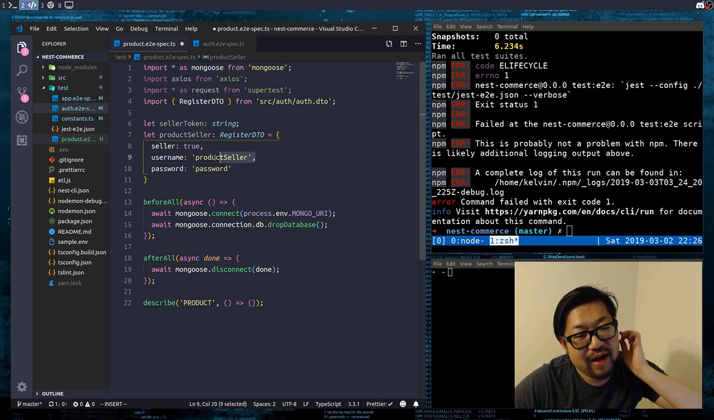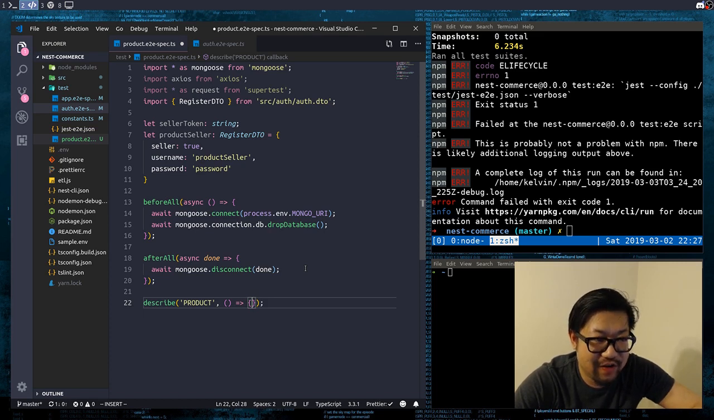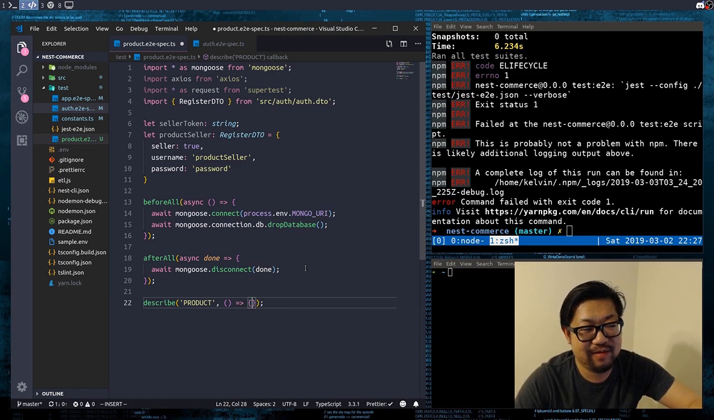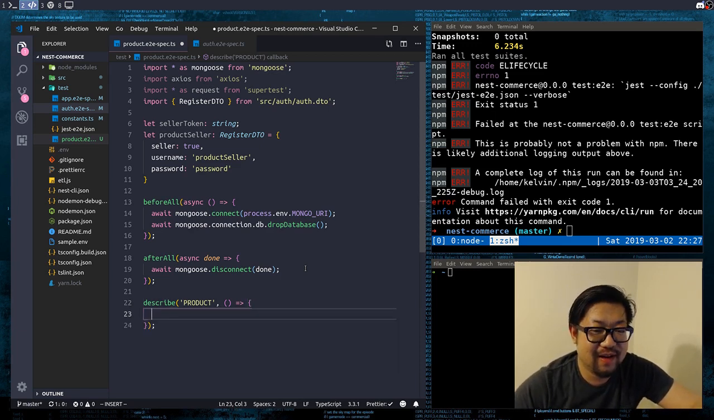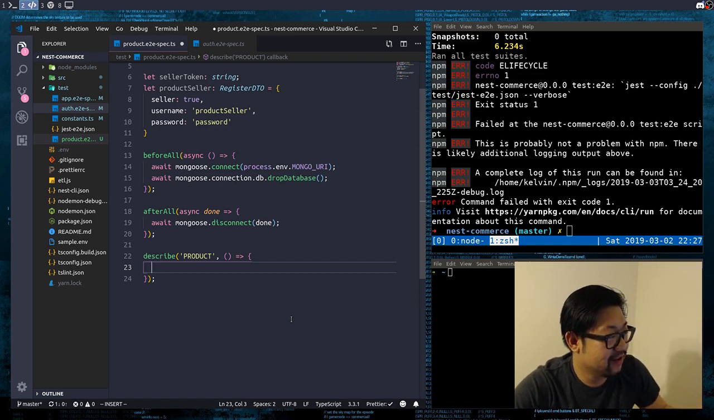So the reason why the username is different from the one in auth is because I am still not 100% convinced that these tests occur synchronously. So I'm gonna differentiate my seller user objects for the time being until I have a good indicator that they work synchronously. So